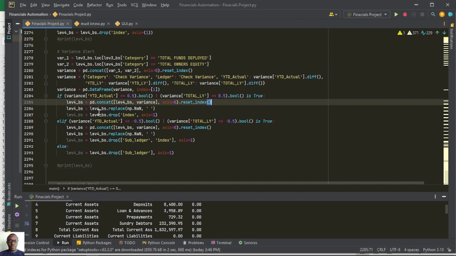Level 4 BS is equal to level 4 BS.replace, so we are replacing the null values with dash, and then level 4 BS is equal to level 4 BS.drop index. This is equal to 1, so we are resetting the index up here, then down here we are dropping the index. So again we are saying else if variance YTD actual